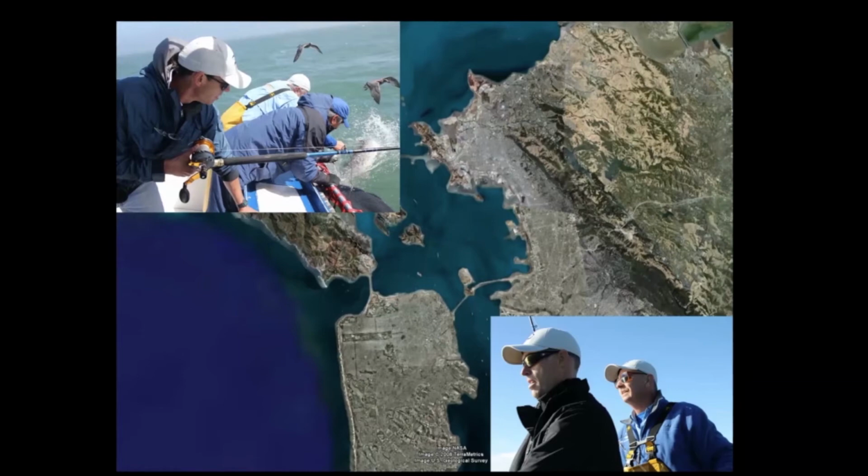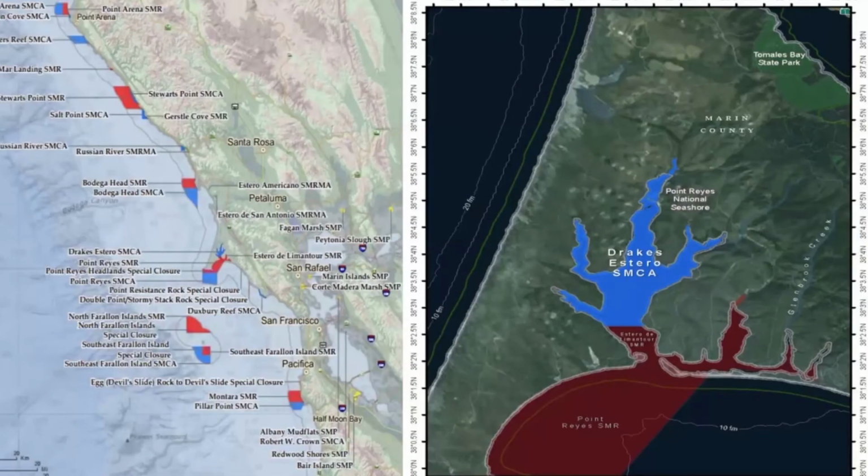So we have all of these elasmobranchs and marine mammals coming into the bay, giving birth, nurturing, leaving, and they're out there getting killed. Sometimes they're getting killed in the bay as well for sport or as bycatch in commercial fisheries. So I do have a background with the congressman, and I will be talking to him. I'd say we have a very good relationship, and I know where he stands on this, and I know why he has his stance on this, but hopefully he can change his stance a little bit and more in favor of the environment. So I really want to applaud all of you who have been working so hard on this